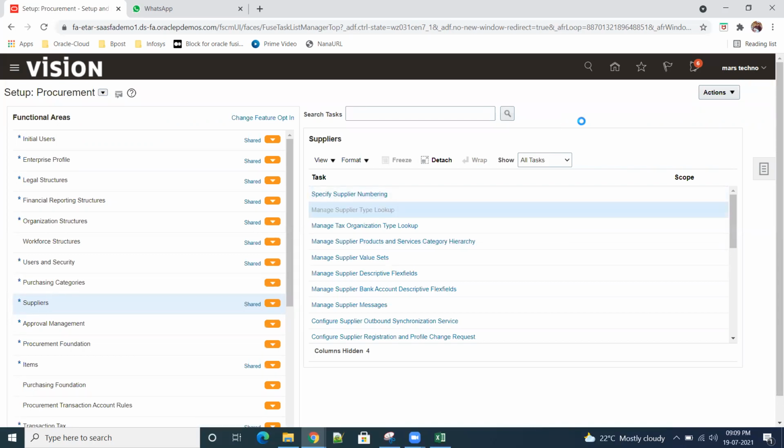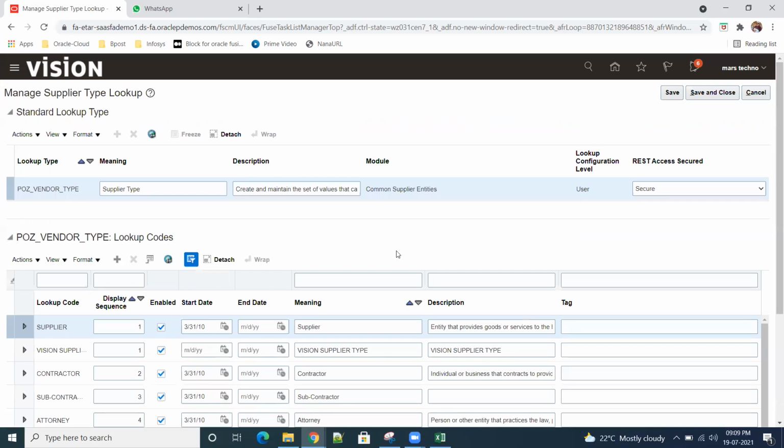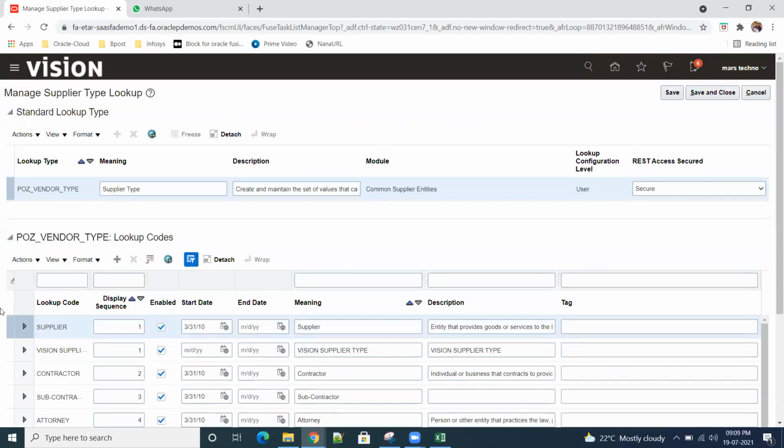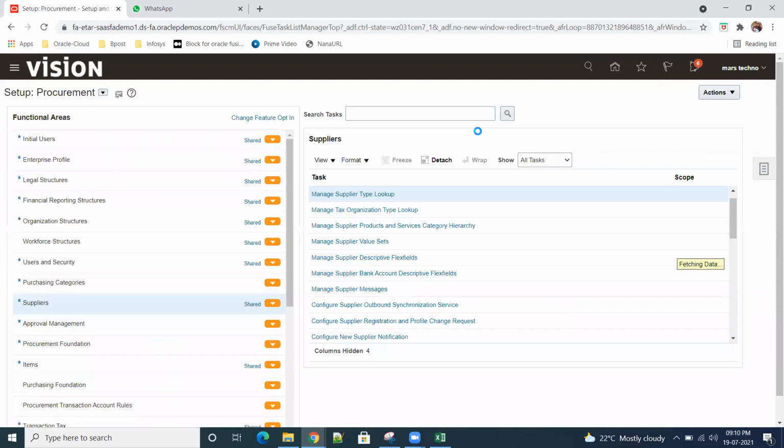So what I'm trying to say is, there are various supplier types we have: vendor supplier, contractor, and attorney. Attorney is one kind of supplier type. Insurance is one supplier type. So when you want to add your own supplier type, this supplier type is a lookup. So when you go to the supplier screen, we'll find the supplier types there. When you want to add any new types, just click on plus and add it. So I'm not adding anything, I'm just showing the way how to add your lookup. Okay. So I'm going with the same thing.